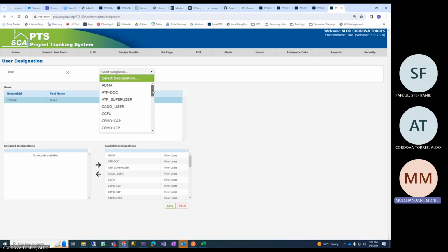This is what Stephanie, last time you were asking whether it's to do with capital planning, but this is to do with CES. They leveraged our designation table to hold these two roles. Basically, they made these groups which are used by the CES application. They're not used in PTS at all. So sometimes this kind of people use a little bit of what is defined here and expand it for their use.